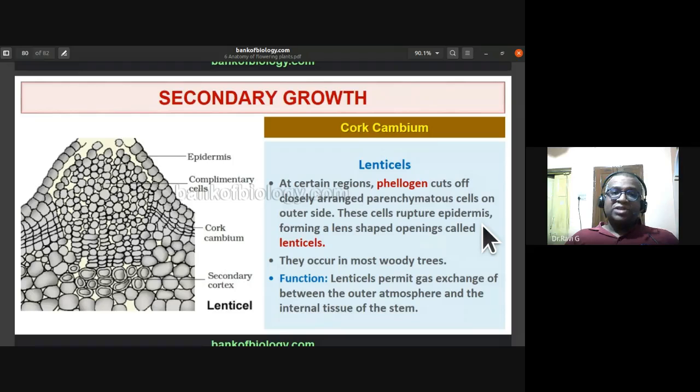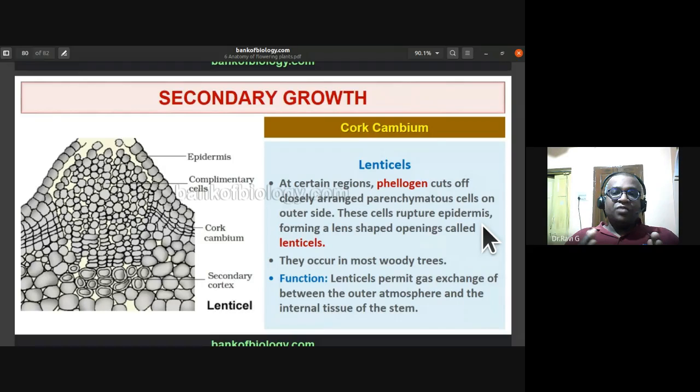So there is transpiration from lenticels. Nearly 5% of transpiration is from lenticels, and we call it lenticular transpiration. Nearly 85 to 90% of transpiration is from the leaf; we call that foliar transpiration. If there is transpiration through damage of the cuticle, we call it cuticular transpiration. And even from the stem, there is transpiration through these lenticels. So nearly 5% of transpiration is through the lenticels, or lenticular transpiration.